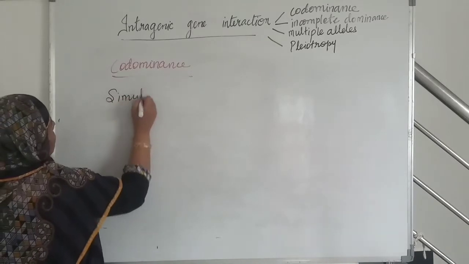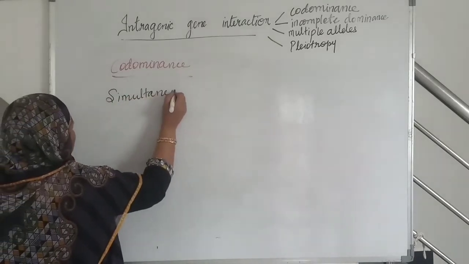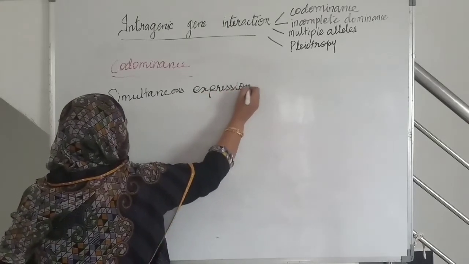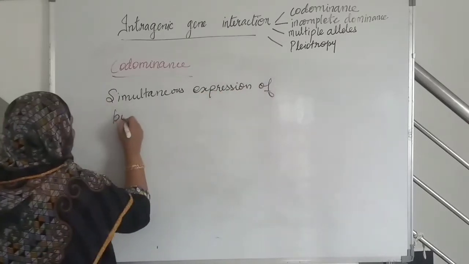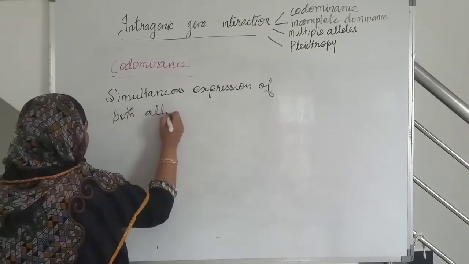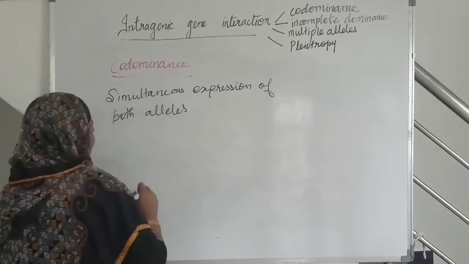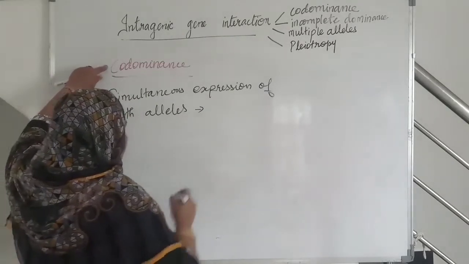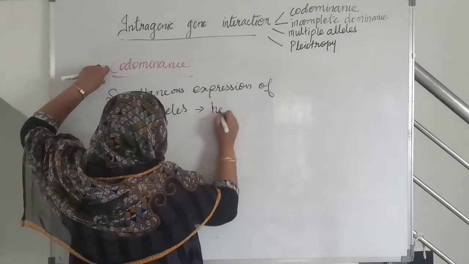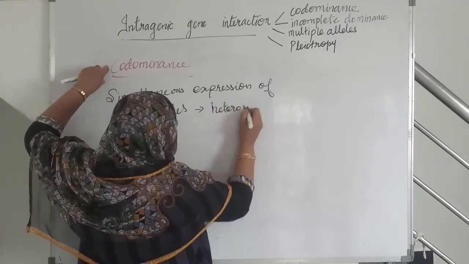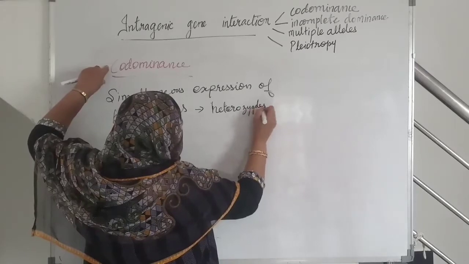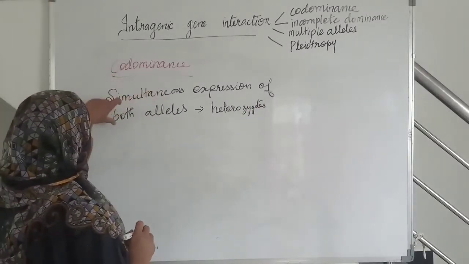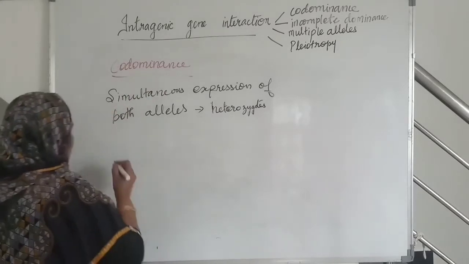Simultaneous expression of both alleles is called codominance in heterozygotes. In heterozygotes, both the alleles' characters are being expressed. Best example,